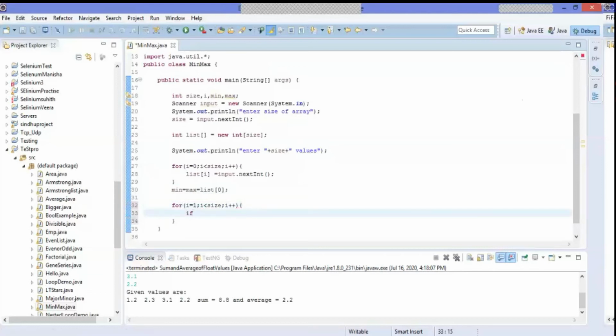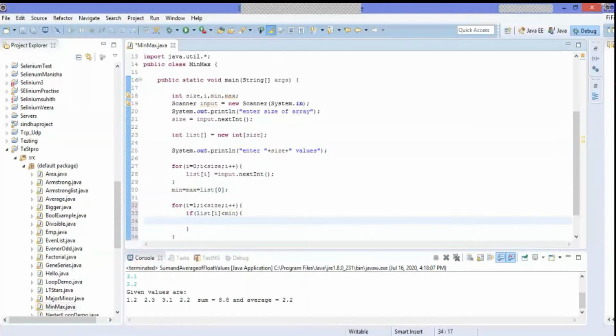Now for the minimum value comparison, if the given value, what is the given value here? List of i. So is list of i less than min? Whatever value we assumed is in min, and the next value will be in list of i.